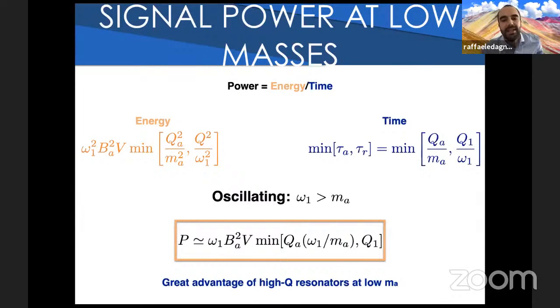When the axion is broad, in this region where you see the sensitivity improving, the signal power is dominated by the axion time scale, essentially Q over m_a. If you divide this energy by this time to get a power, you get something that goes like 1 over m_a. So long as the axion is the one associated to the shortest time scale,